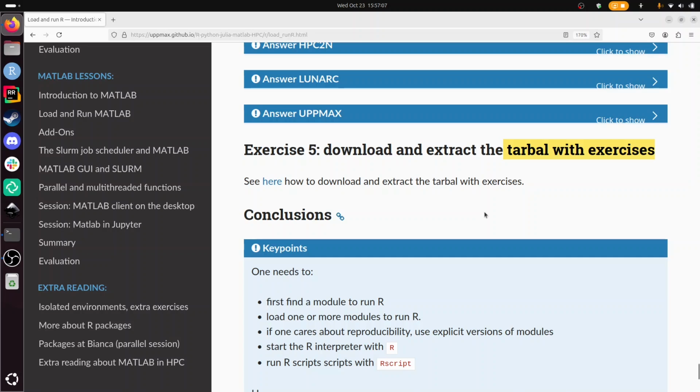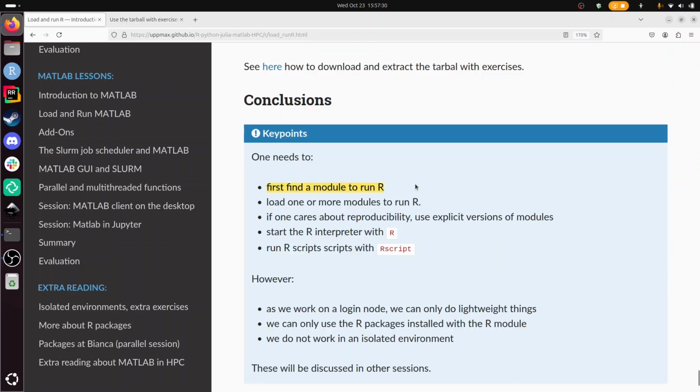Instead, I'm going to conclude that we have showed you how to work with R on an HPC cluster, in this case Kebnekaise, but it's a general thing. We first need to find a module to run R. We need to load it. We've done that. We've used explicit versions of the module, like a specific version of R. We've used the interpreter and we've done something trivial with it and we quit it,